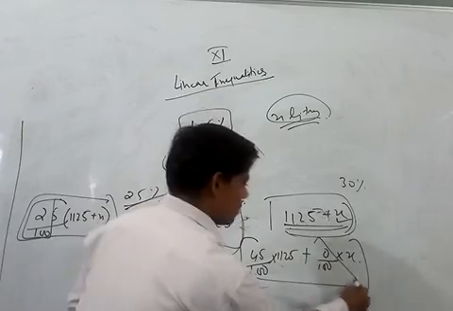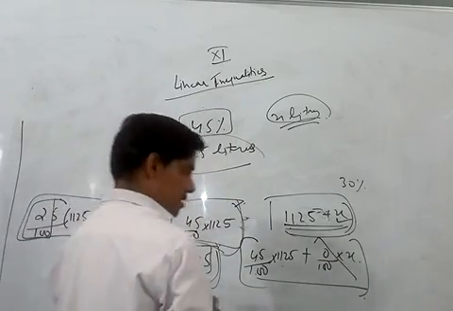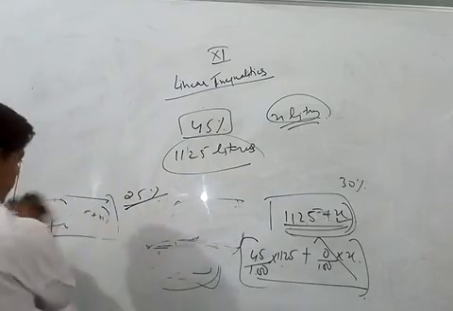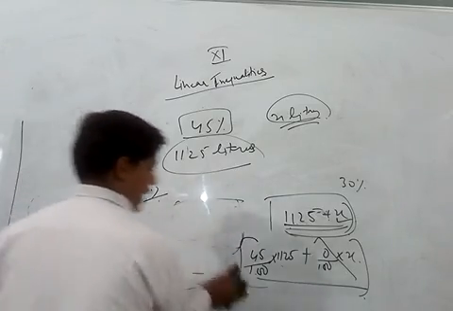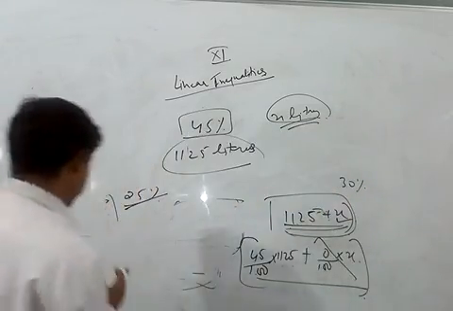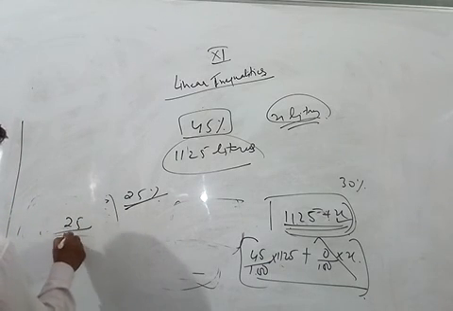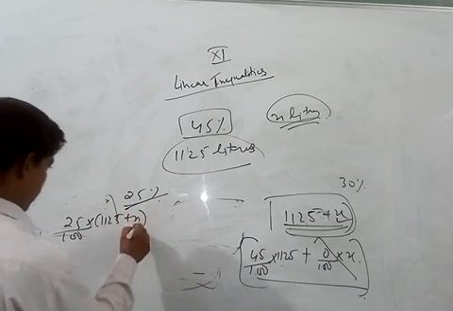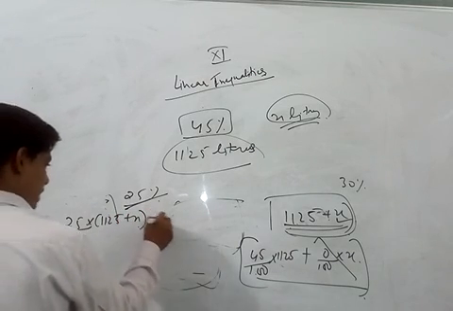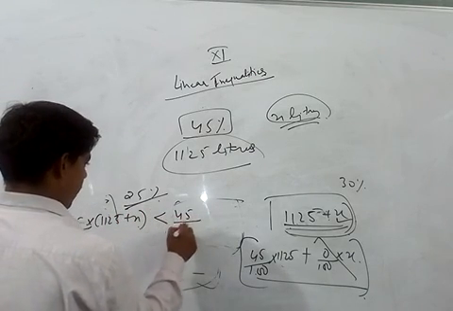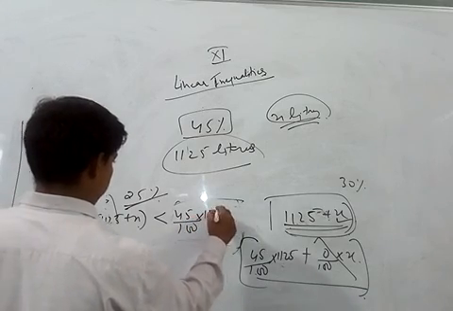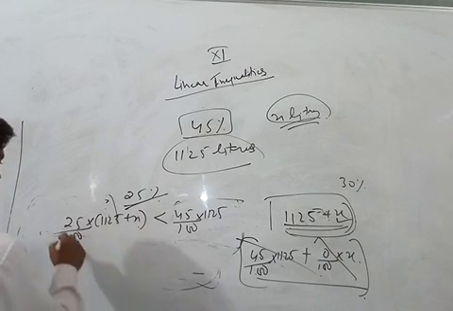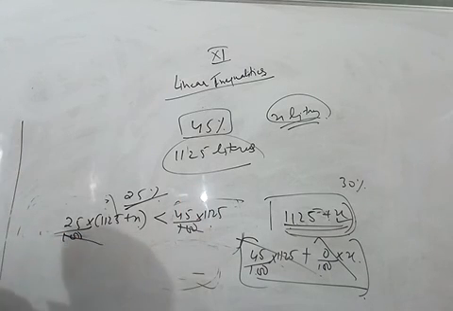So just remove this and now solve this. You will get what? 25% से अधिक. So let's do it like this कि 25% यहाँ लिख देते हैं. 25% of 1125 plus x, this should be less than 45 by 100 into 1125. Simple. Just forget everything. यहाँ पर 0 to x वाला टर्म हट गया. Cancel out this and let's solve this.